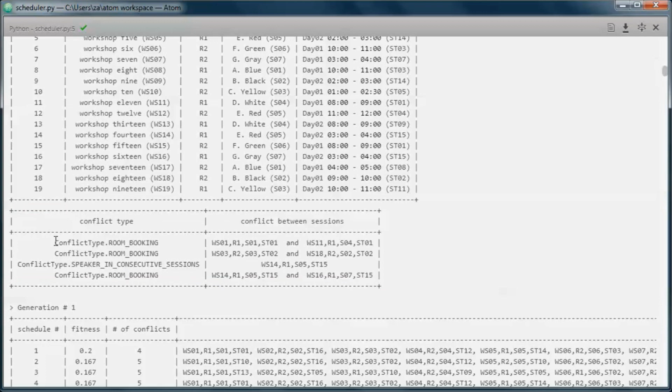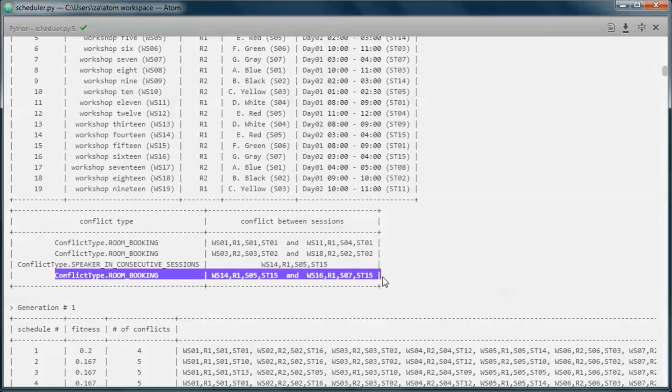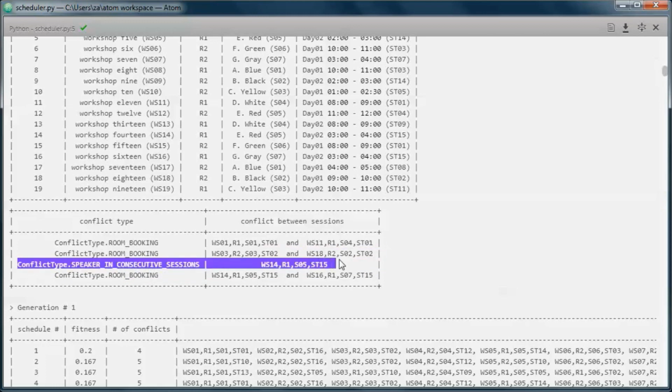So we have 3 room booking conflicts, those 3, and 1 speaker in consecutive sessions conflict. And a conflict can be one of 3 things.